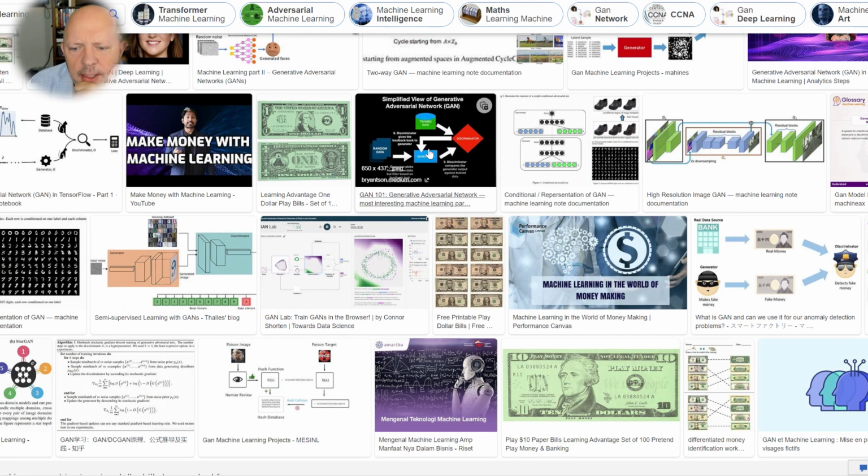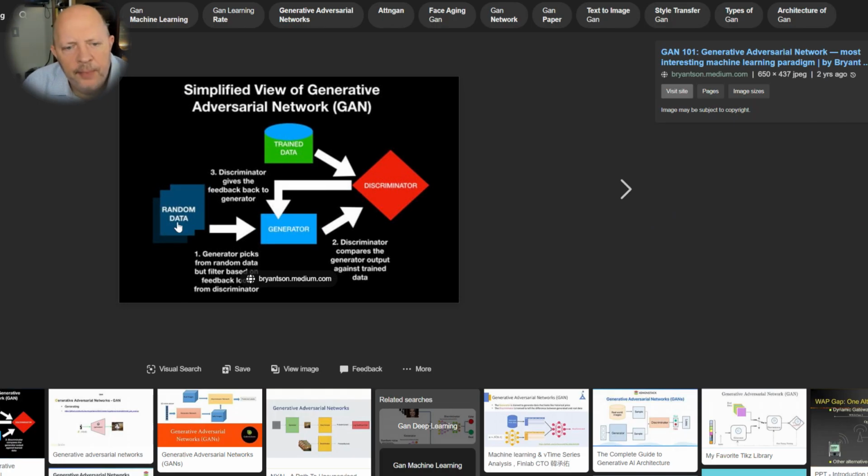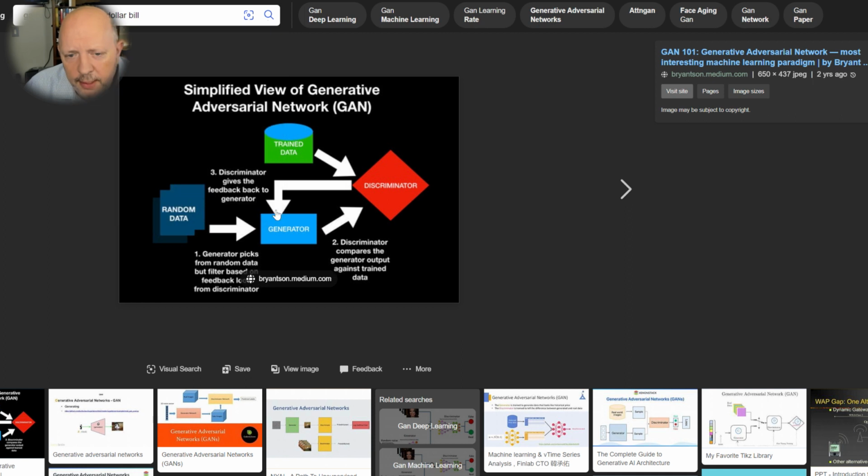So in a nutshell, again, so I had a question about it. Basically, it generates an image, we say. Then we have a discriminator. That would be the Secret Service agent that says, hey, your fake $20 bill does not look very good. And the discriminator kind of feeds back data, says, hey, here's why it doesn't look good. Here's what a real $20 bill looks like. We're using the discriminator. So, hey, and here's your fake. It doesn't look very good.